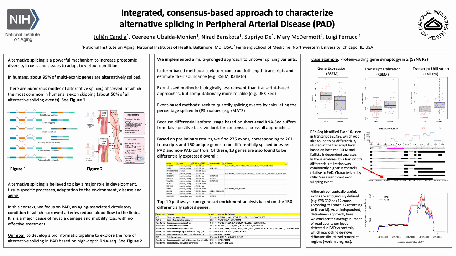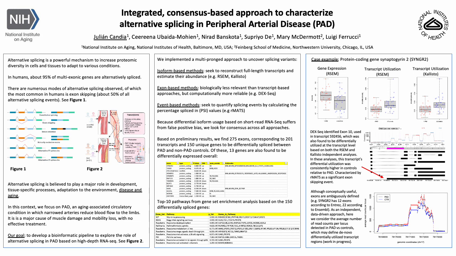To this end, we implemented a multi-pronged approach to uncover splicing variants. We used isoform-based methods that seek to reconstruct full-length transcripts and estimate their abundance, exon-based methods that are biologically less relevant than transcript-based approaches but computationally more reliable, and event-based methods that seek to quantify splicing events by calculating the percentage spliced in, or PSI values. Because differential isoform usage based on short-read RNA-seq suffers from false positive bias, we look for consensus across all